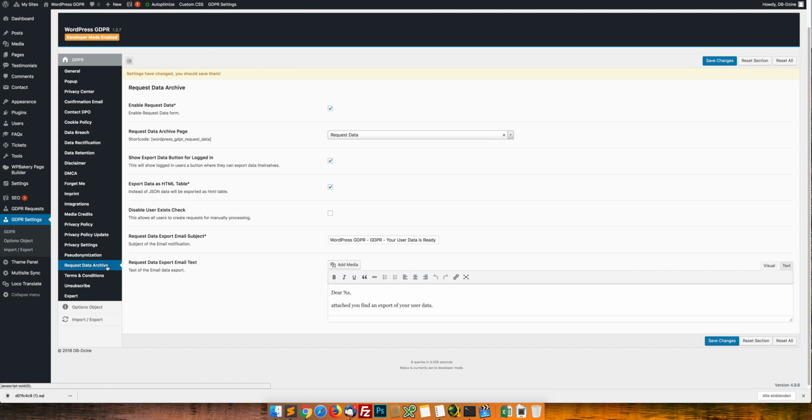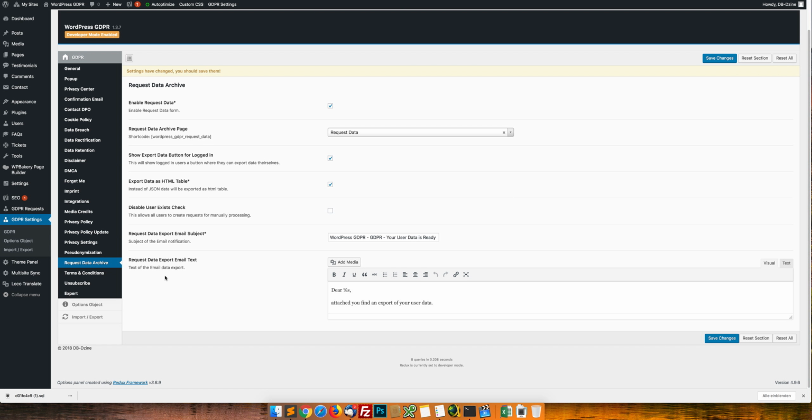You have the request data archive. You also have an option to export the data as an HTML table. And you have an option to disable the user check here also. So everybody can, with an email, of course, request a data request. And you have,